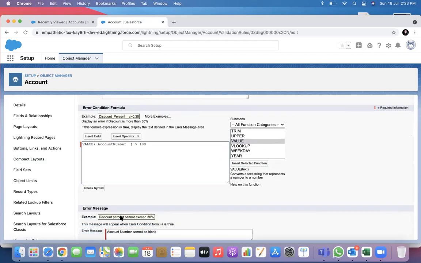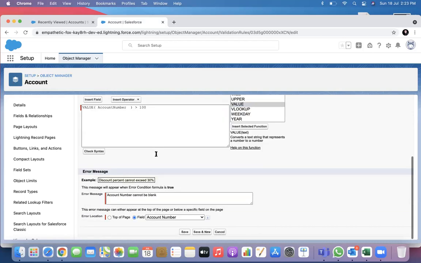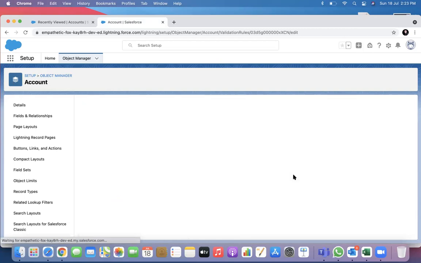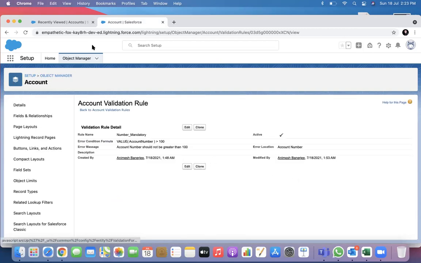Now I am not doing a blank check. I am doing: value should not be greater than 100. Why did I have to use VALUE? Because it's a text field. If it was a numeric field, nothing was needed.